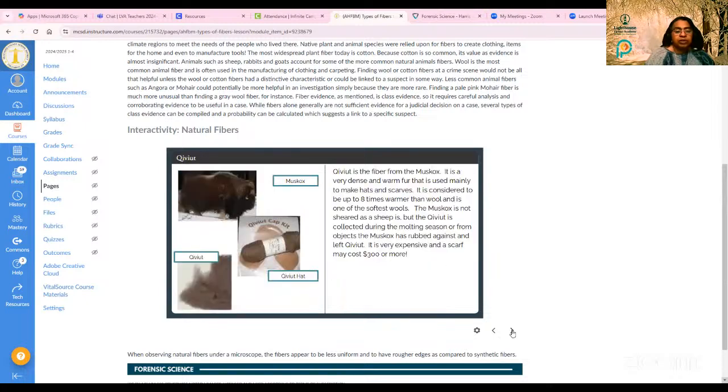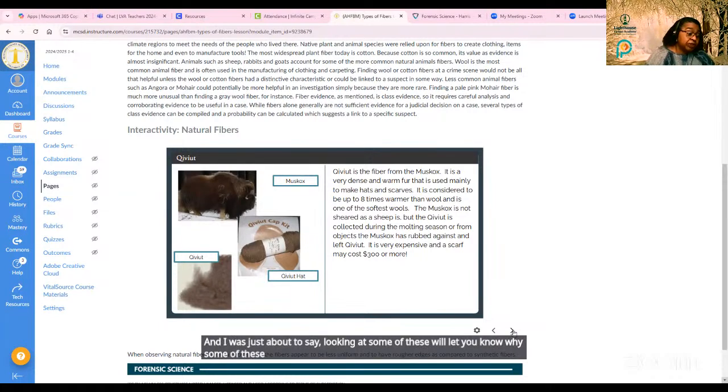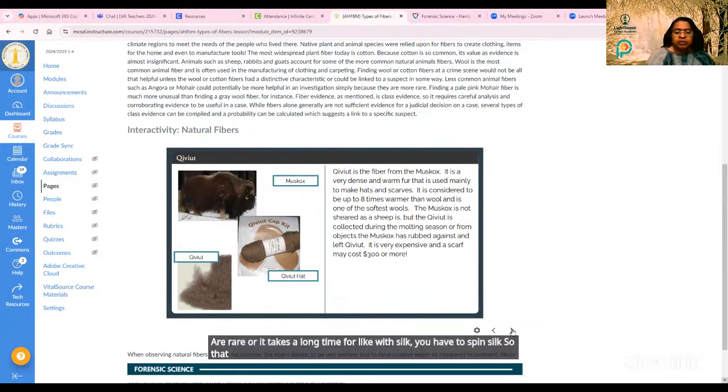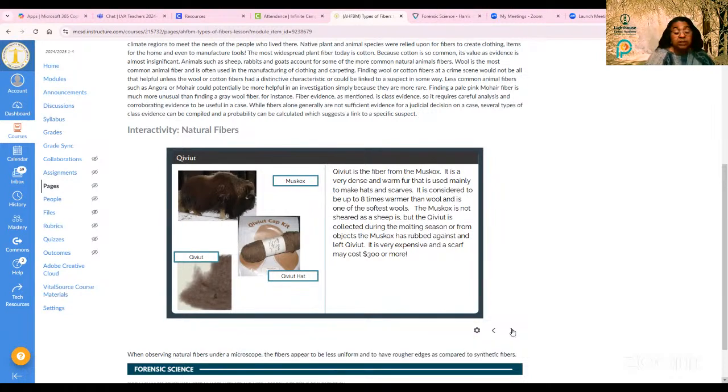I was just about to say, looking at some of these will let you know why some of these materials are so expensive. The animals they come from are rare, or it takes a long time, like with silk, you have to spin silk. So that's why they're expensive. This musk ox